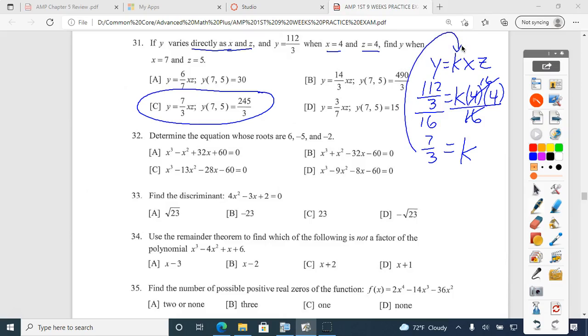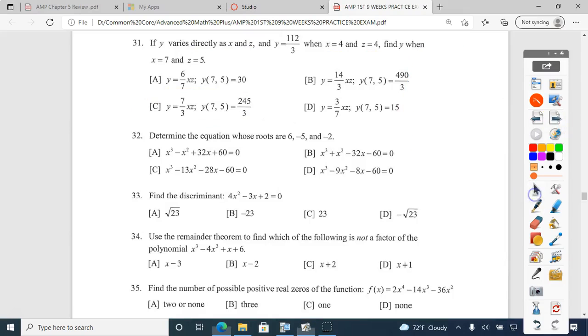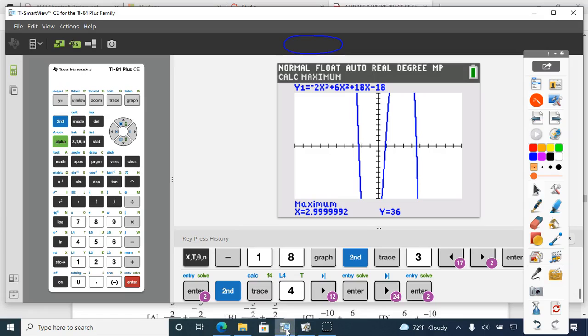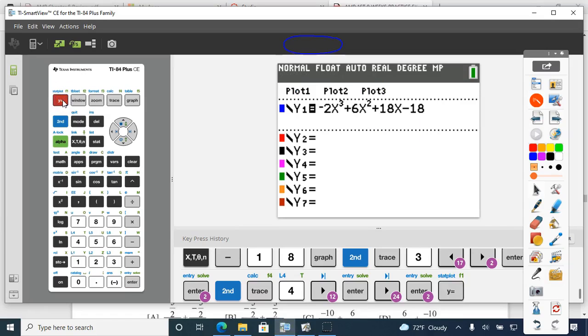Alright. 32. 32, you can answer with your calculator. You will have to plug in. It says determine whose roots are 6, -5, and -2. Well, all that means is we're going to graph these and see which one crosses the x-axis at 6, -5, and -2. So I'm going to go to my calculator and I'm going to graph all of these until I